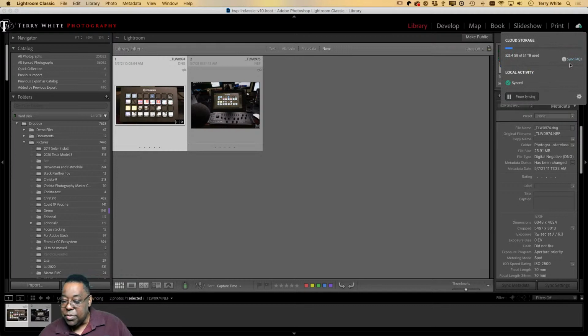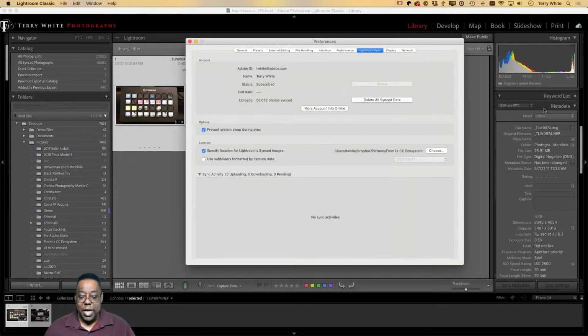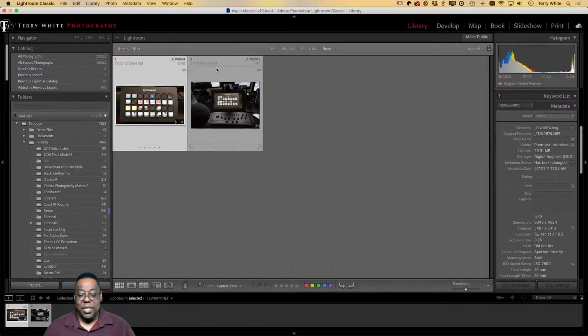If that's not working, the other thing you can try is click the cloud and go to the little gear icon in the bottom right-hand corner. When you click the gear icon, that will show you any images that are having issues. It will show you which ones are syncing, and if there are problems, it will usually identify an error. Then you can click on the photo, because it links to it in your catalog, and go fix the photo, remove it, whatever you need to do. So there are a couple of ways to find and fix sync issues in Classic.